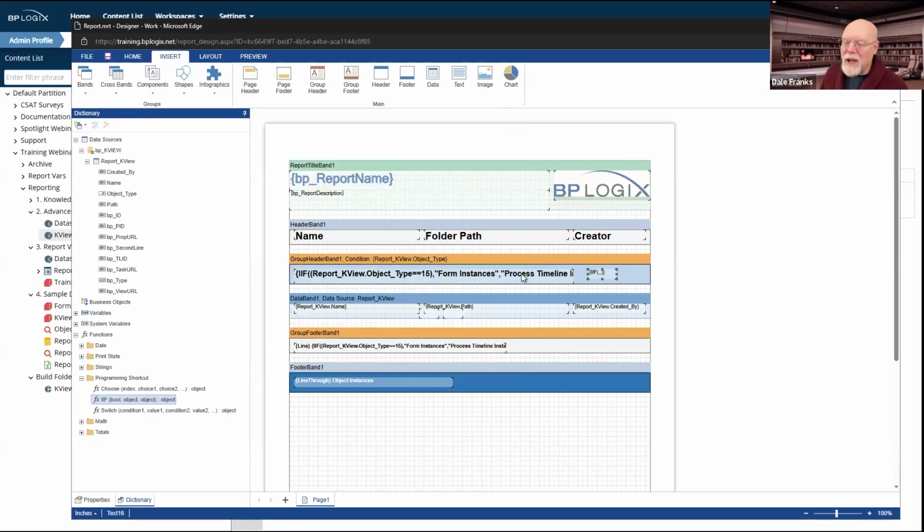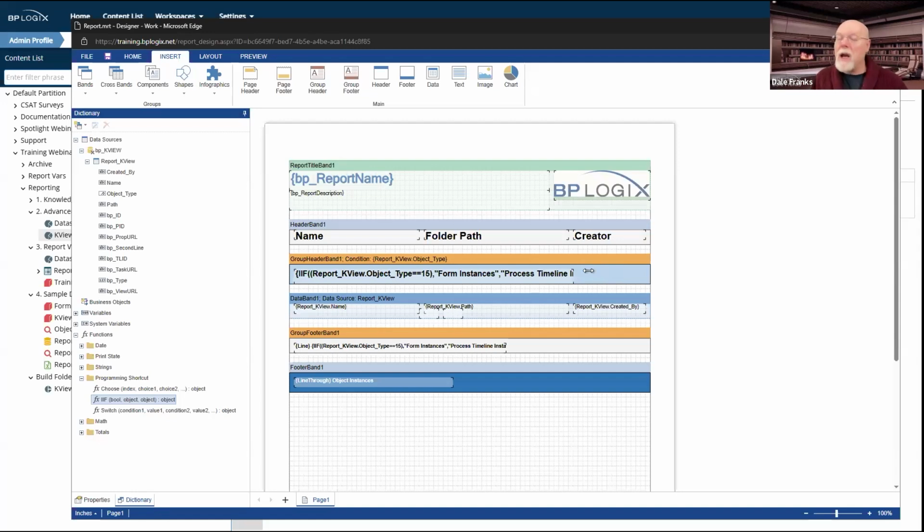Now, in this case, the if statement has to do this comparison with the number 15 because that's the enumerator for form instances. What that says is, if this is object type 15, we're going to be grouping these things now, so I want you to put it in the form instances group.